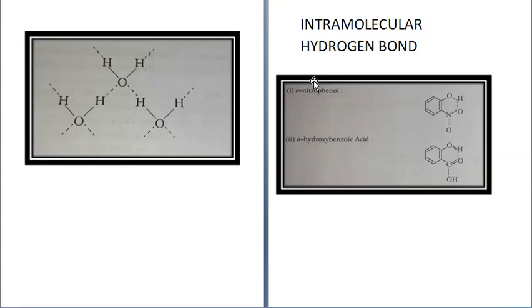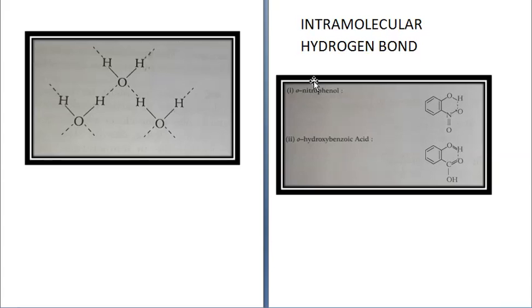So it results in cyclization of molecules. The molecule becomes cyclic; a ring is formed. This type of bonding decreases the boiling point and solubility of compounds. Examples of intramolecular hydrogen bond are: